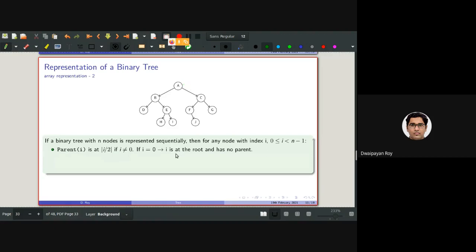So I is at the root and has no parent, no problem. The left child of I will be at the 2i plus 1th position. So any child, so again, if I number them, every time the numbers are getting removed.